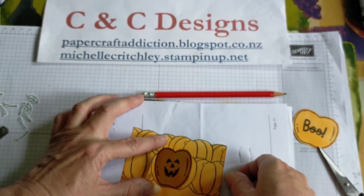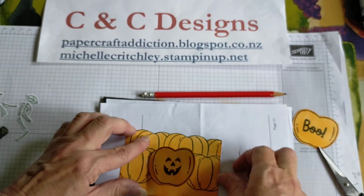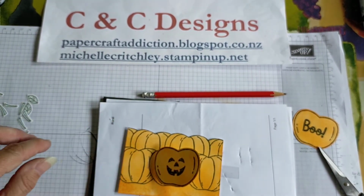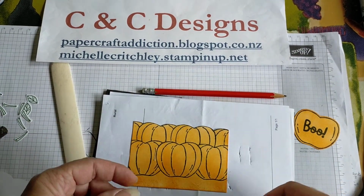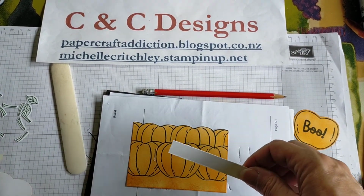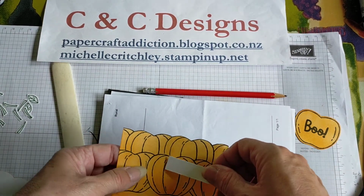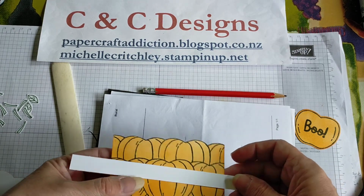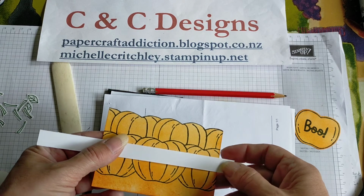Maybe I got my curve too far over. See, it works with the paper. Let me just test it out. Okay, now that wasn't working, I think because the window sheet is too thick and doesn't have any give in it. So I'm going to do it again, but this time the way I did it in class, which was